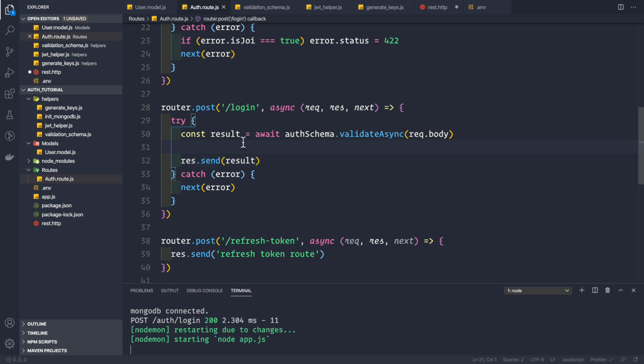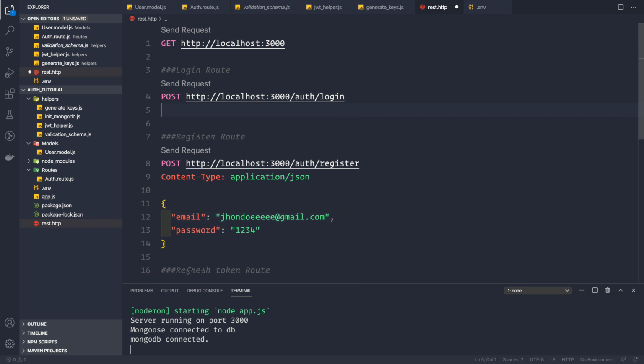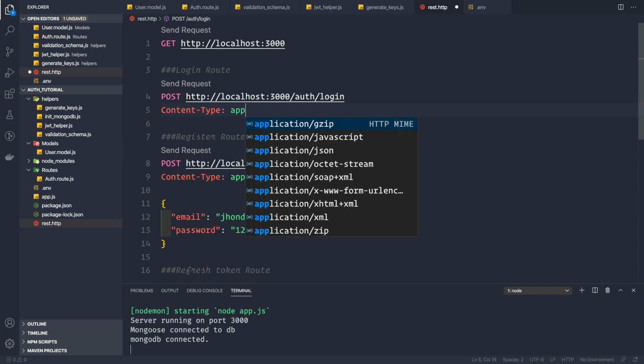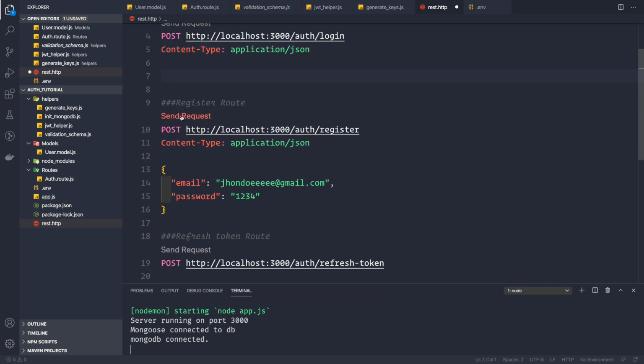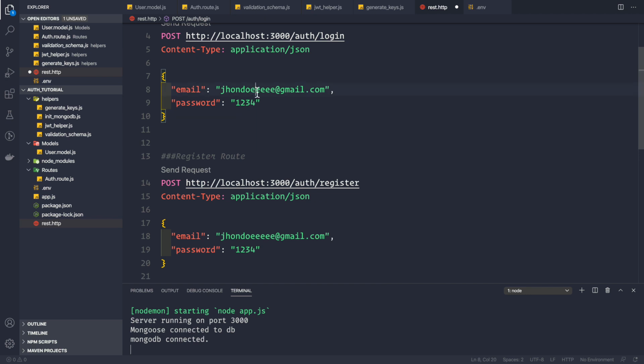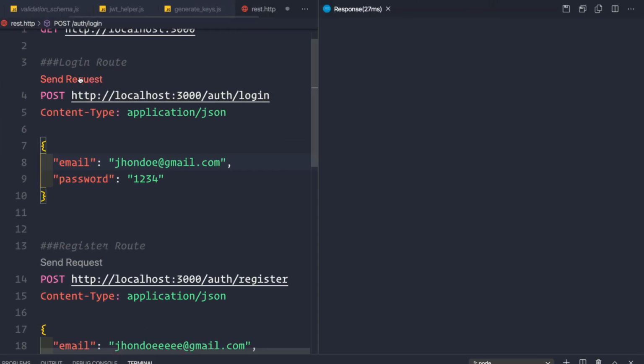Let's save this file here, and now let's go to our REST client here, and this time inside the login route, we want to send a header here, that is the content type of the request. So content type would be application JSON, and then it would contain both the same fields that are in the register route, that is the email and password. So why not simply copy it from here and paste it here. And this time I want to log in as johndoe@gmail.com, because he has registered inside our application, though we have not checked for the registration. So let me send a request here.